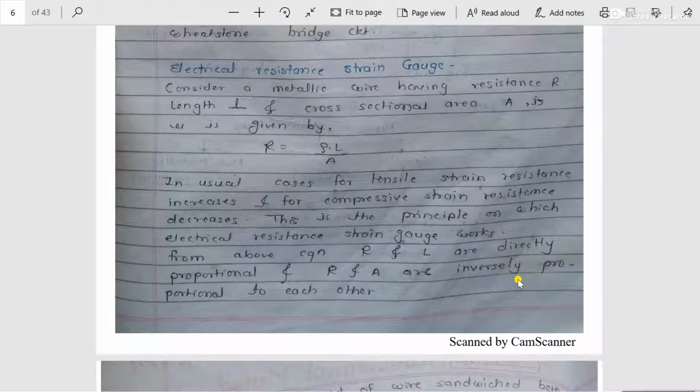That means sometimes we have to calculate the load value, sometimes the pressure value, sometimes the strain in a rotating shaft, sometimes the torque. All these values we can calculate by using such electrical resistance strain gauges. For that purpose it works on a basic principle, that is, change in resistance is directly proportional to the strain value, or to the unknown parameter,